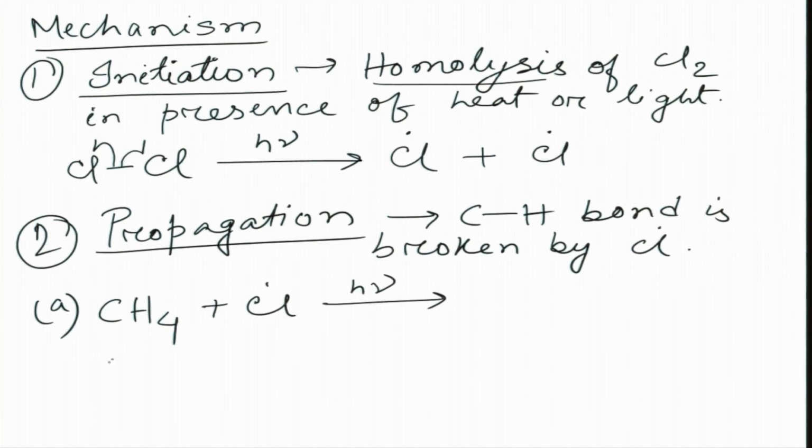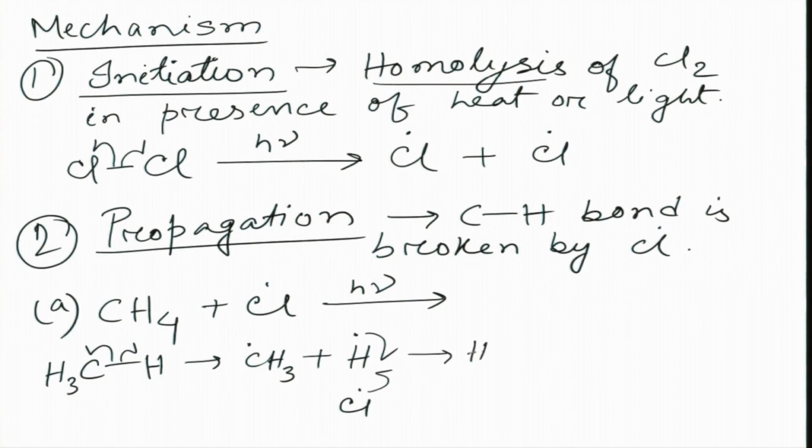So, what happens? It is like this, right? I am not showing all the hydrogen bonds, let us show just one. And so, this bond will break like this. So, it forms a methyl free radical and a hydrogen radical. Okay. Now, there was one chlorine radical present. So, these two form HCl. So, in this reaction the products will be one methyl free radical and one HCl. Okay. Now,